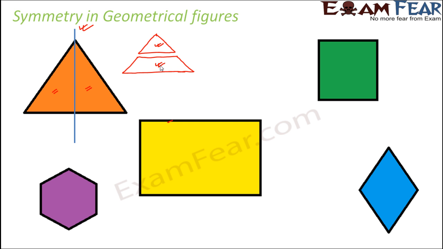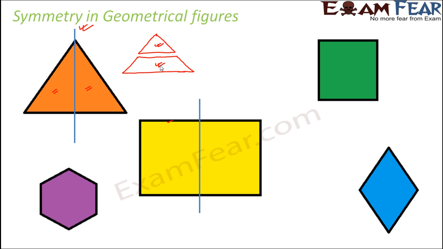Now again, how many lines of symmetry there would be in a figure also depends on the length of the sides and the measurement of the angles, and that is why the number of lines of symmetry varies with the type of triangles. If you talk about a triangle with all the three sides equal, it might have more lines of symmetry. We will talk about all that in detail. Now we are generally talking about a triangle. Now let's move on to the rectangle.